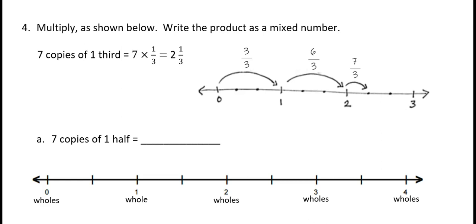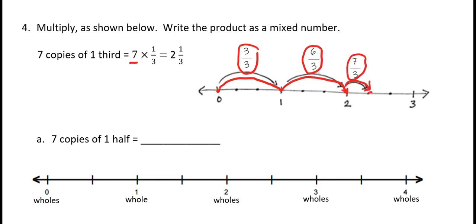If we look at this first example, the problem is 7 times 1/3, which means 7 copies of 1/3. We started at the 0 and jumped to the 1 whole. We used up 3/3. And then from the 1 whole to the 2 wholes, we used up 3 more thirds for a total of 6/3. Well, I need 7/3. That means I just have to do one more hop of 1/3 to show that total